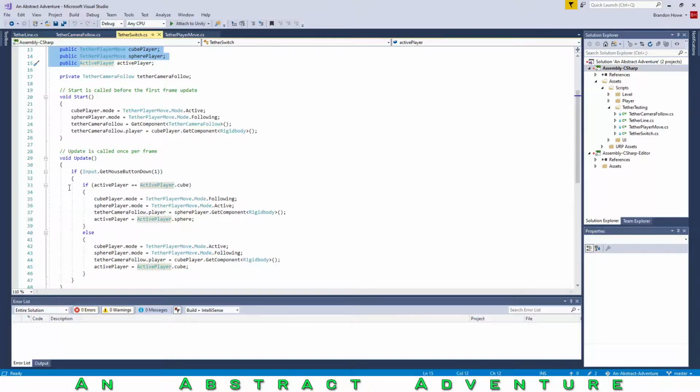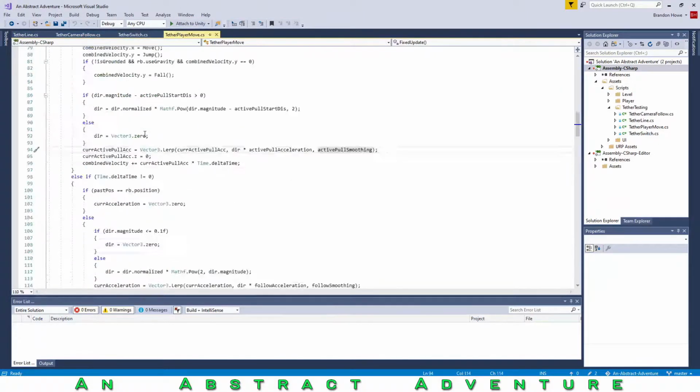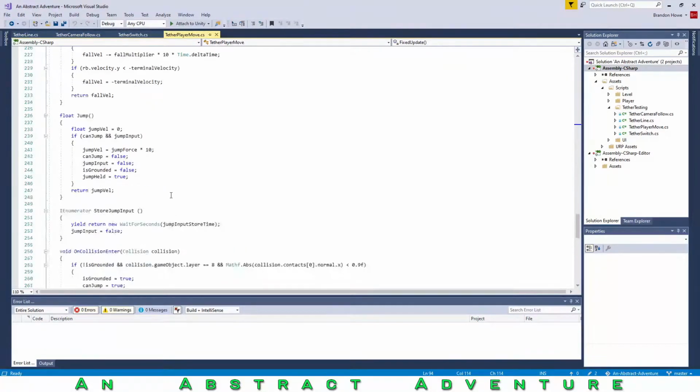Is it? Yeah, when you hit the right mouse button, it switches which character is active from the cube character to the sphere character. And then the last thing before we get to the monster, that is the player move